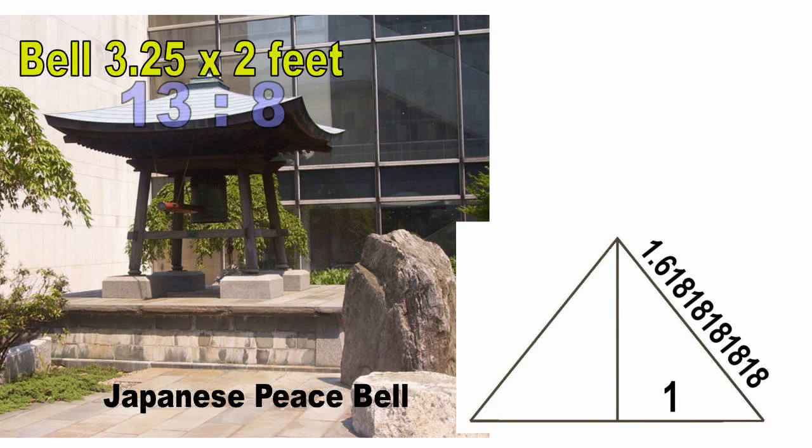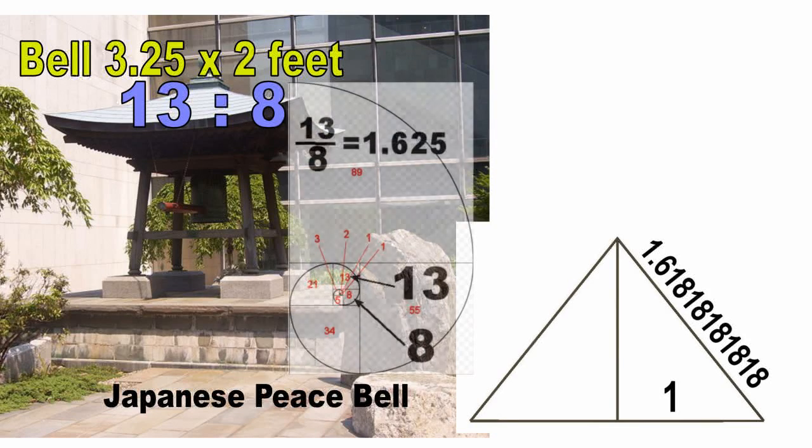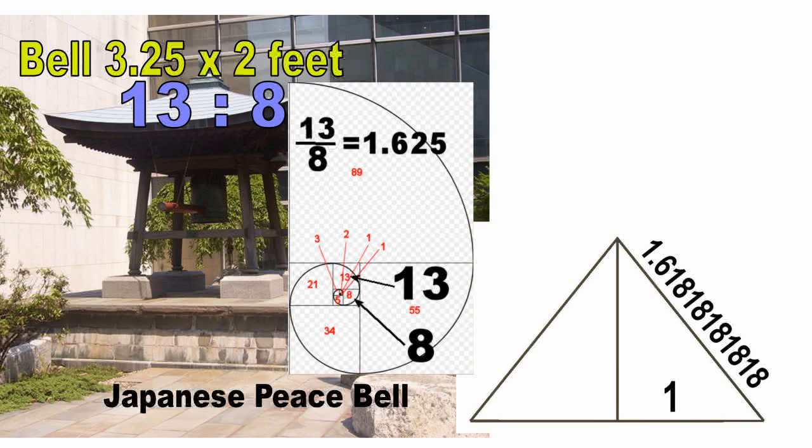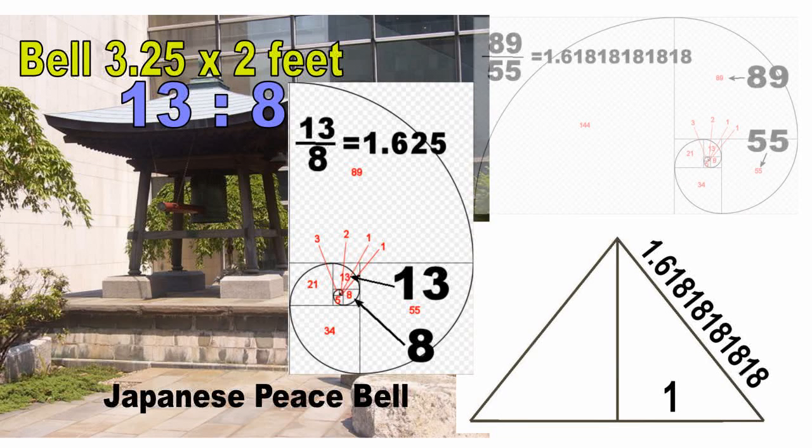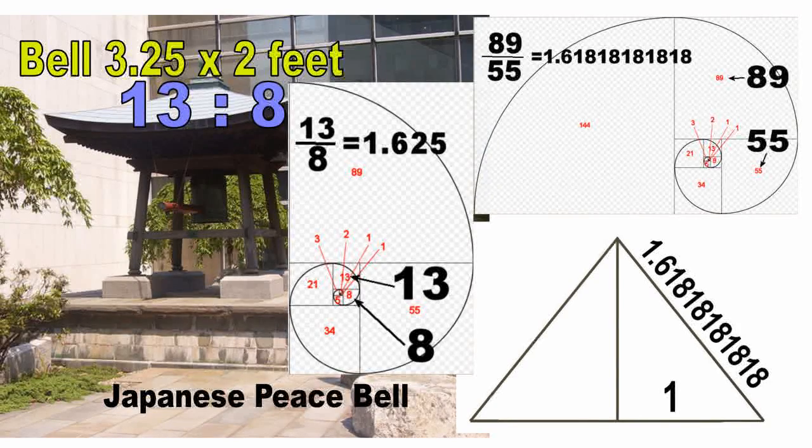1 to 1.618. Now, there's a lot more to it. I've done some videos on the exact measures of the pyramids, and it gets much better, but in connection to the Fibonacci numbers, the peace bell ratio is 13:8. Both of them are Fibonacci numbers, so again, it fits within this phi spiral. So it's not technically phi, but it is part of a Fibonacci spiral, which is one way of illustrating the phi proportion. The Great Pyramid is at a proportion of 89:55, which gives us 1.618, as you can see